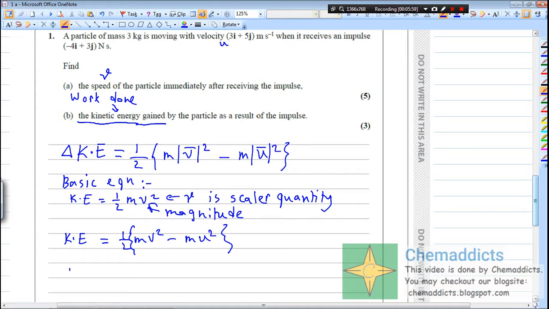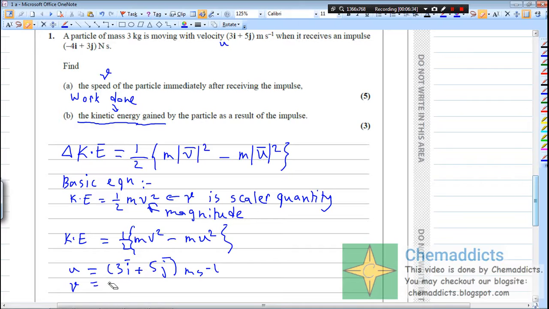The initial velocity is i plus 5j, per second. These are the two quantities, and v, which we found earlier, was 5 by 3